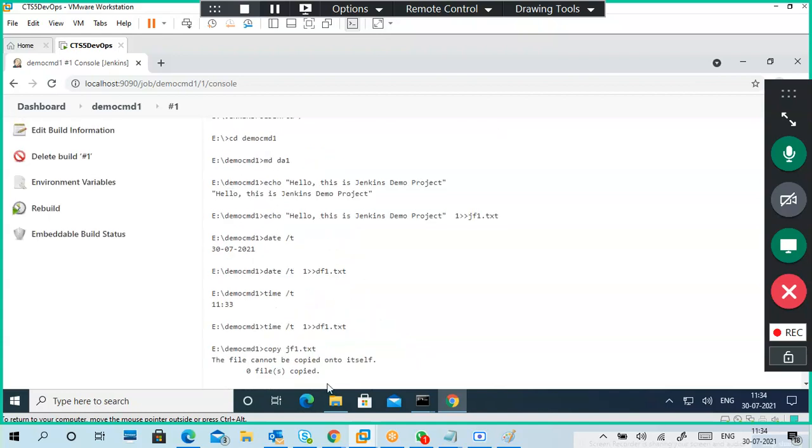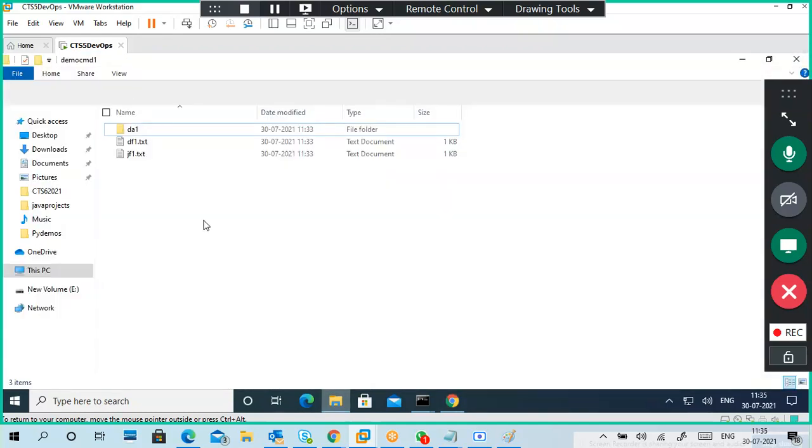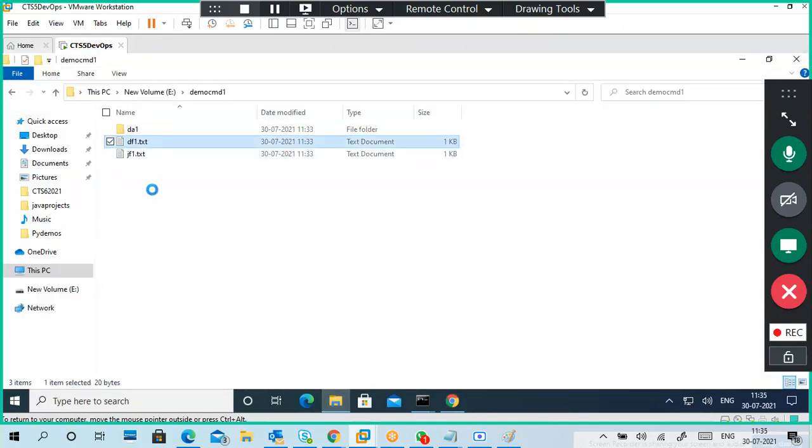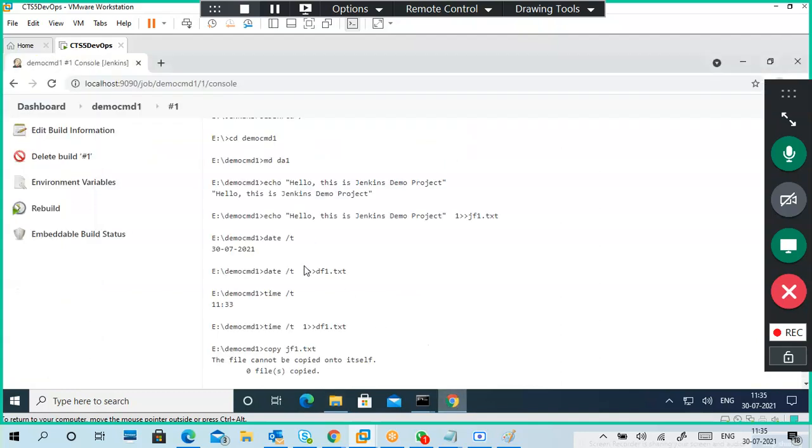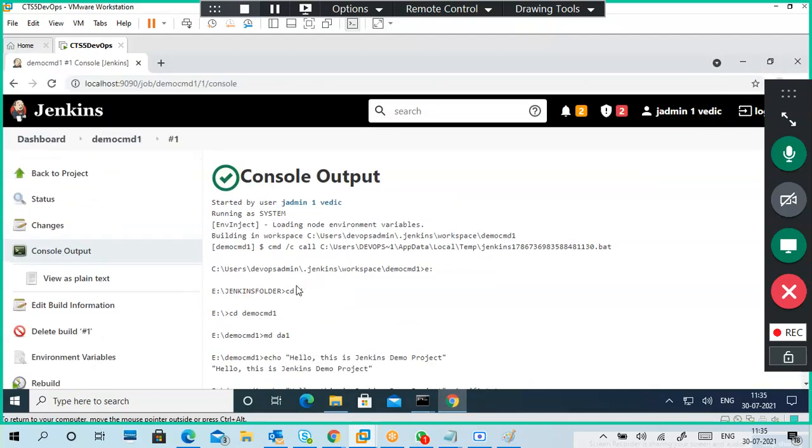So we'll see what happened in our location also. See, one file is there, and another file is there, and it is not getting that copy command. So whenever there is a mistake while I am doing this, what I'm going to do is go back to the project.